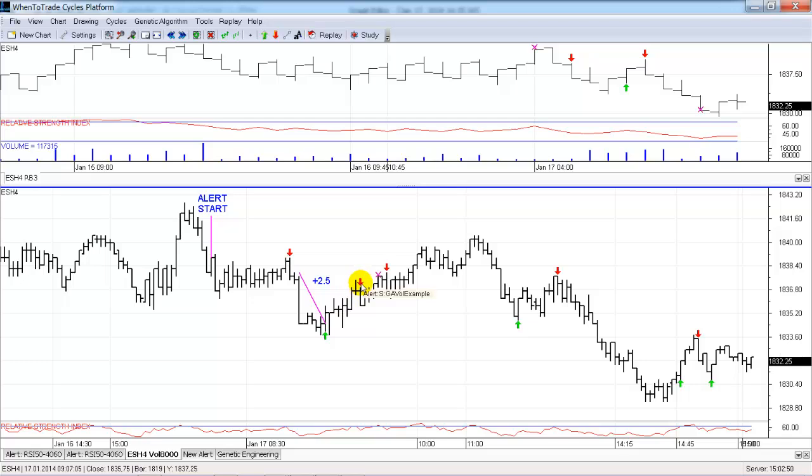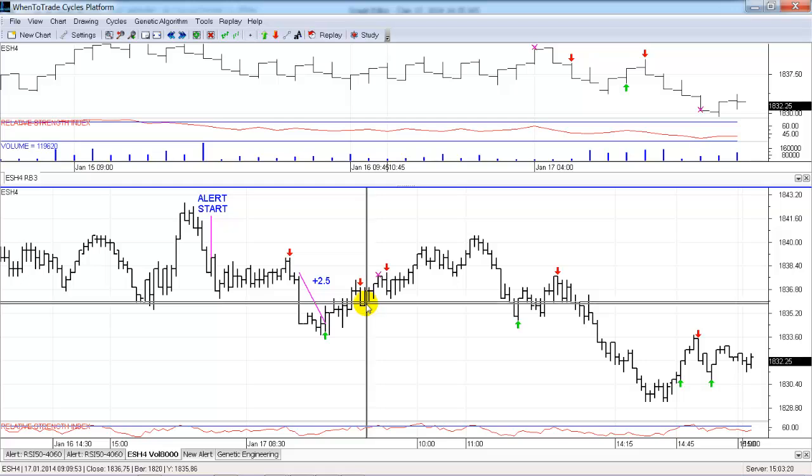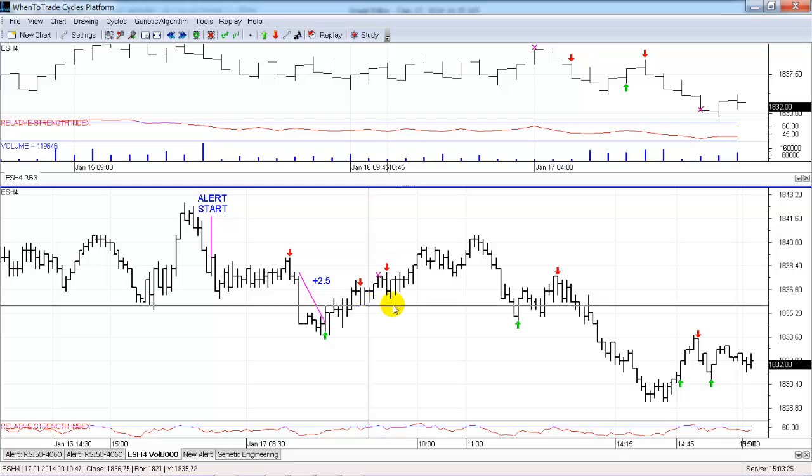Then the next sell signal came in here just at the close here. Then the next signal came in here with exit long, so we haven't been long here, so we can ignore the exit long signal. And then another sell signal here, which occurred here. So these have been the sell signals here, and we stayed in the short trade until this time here. So we went short at this level here, 1835.7, 1836. So this is a loss of